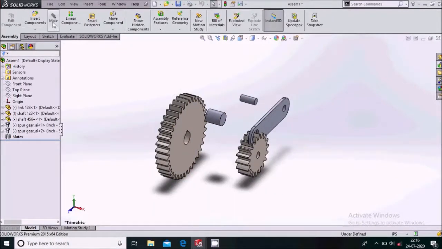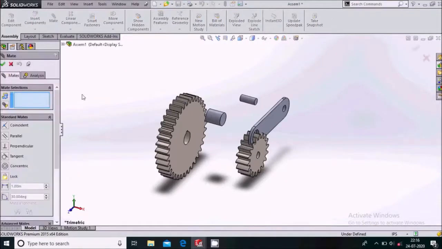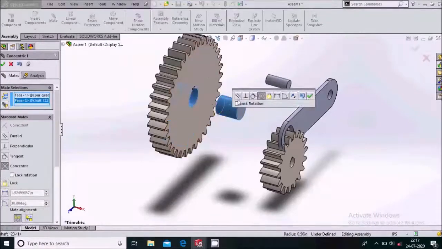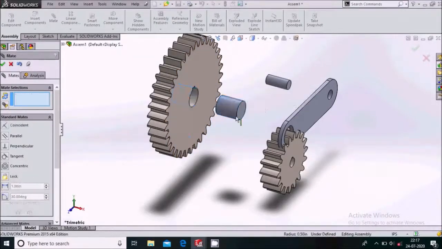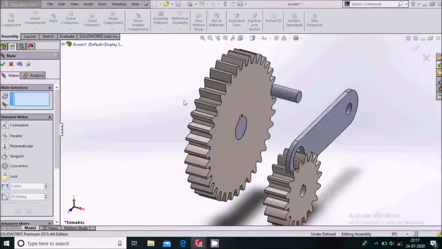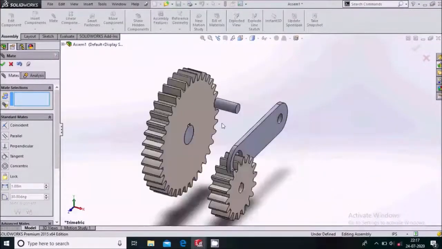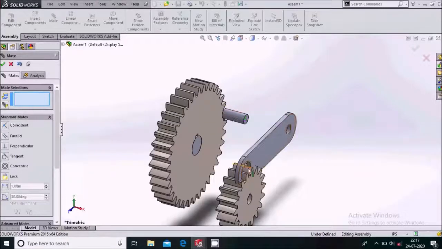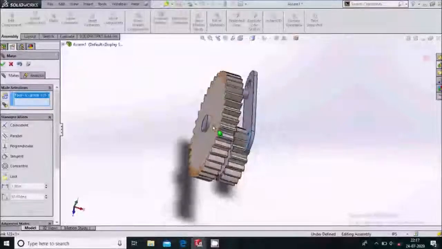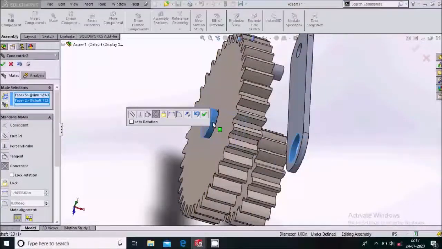Now over here we will go for assembly mates. So go to Assembly and over here you can find Mate. So select the mate and select this inner face and this face, making the concentric mate. OK. This face, make the coincident mate. OK. Now select this face and this face, making the concentric mate.